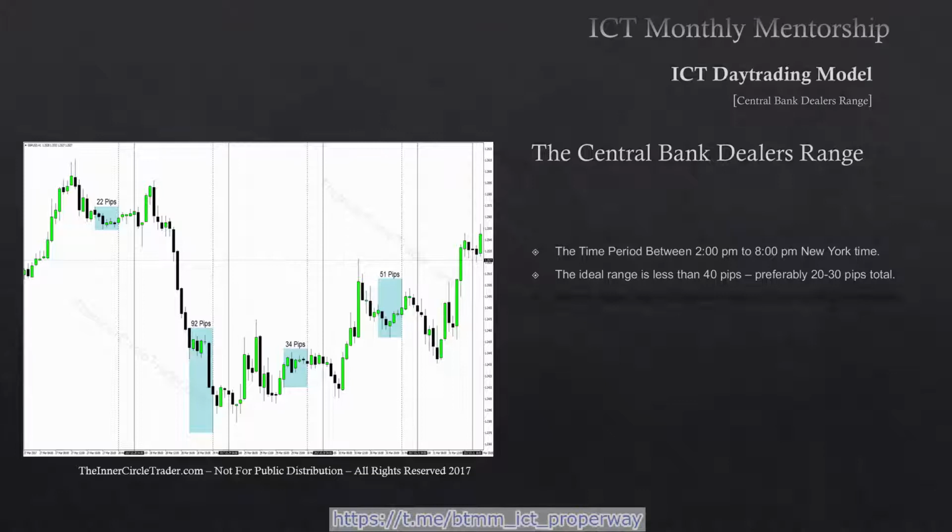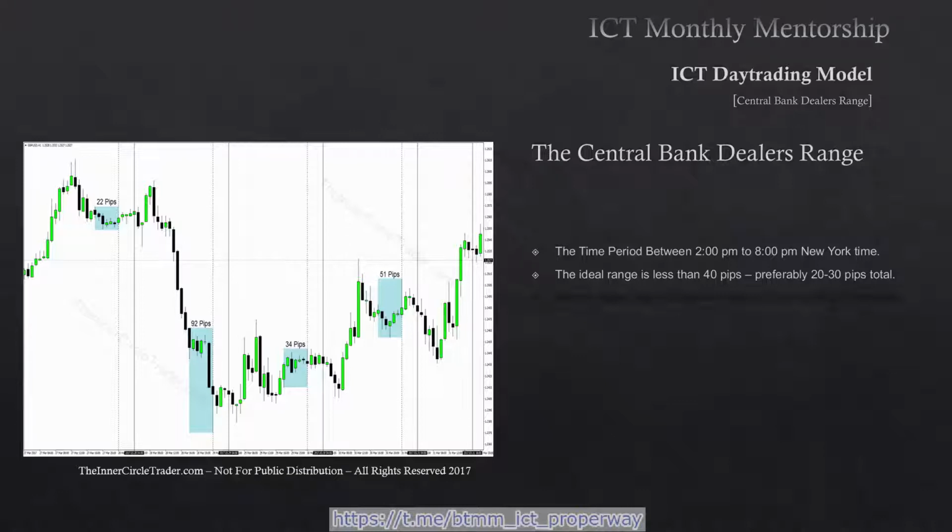New York time, regardless of where you live globally, you need to find where your price charts indicate what would be seen as the candle that starts the 2 p.m. and 8 p.m. times in New York time. So for completeness sake and the sake of avoiding all confusion, like everything else I always teach, find out what New York time is where you're at geographically. Then find out what that looks like in your platform for your charts and delineate that with a vertical line with 2 p.m. New York and 8 p.m. New York. Between those two time windows,